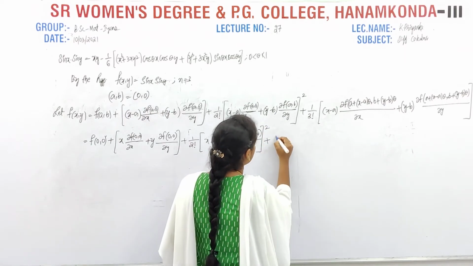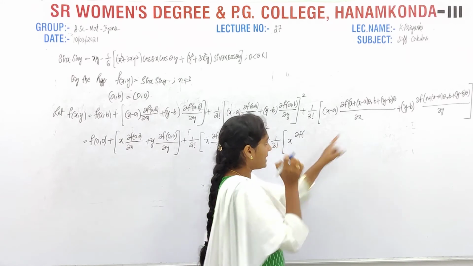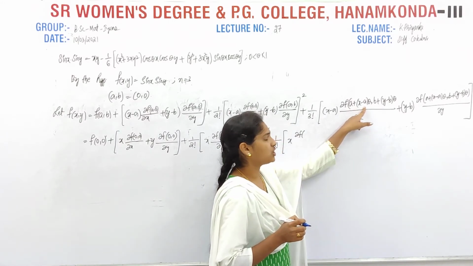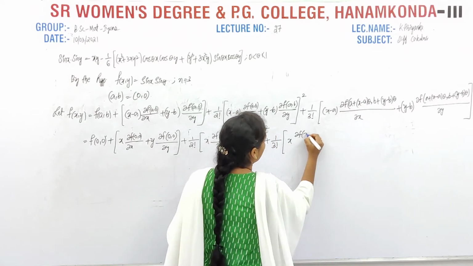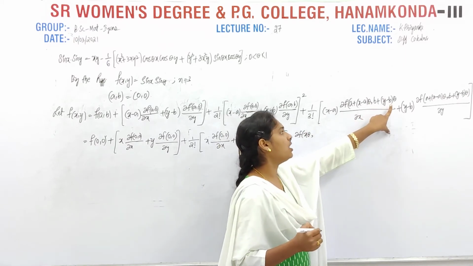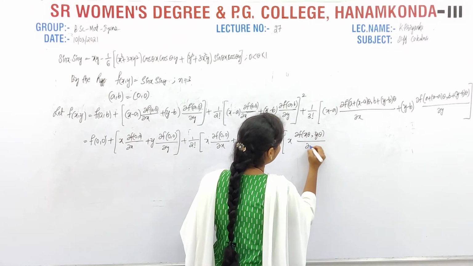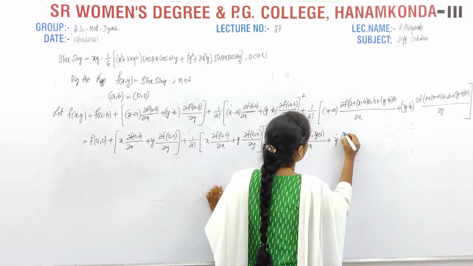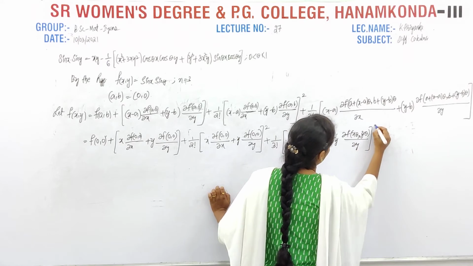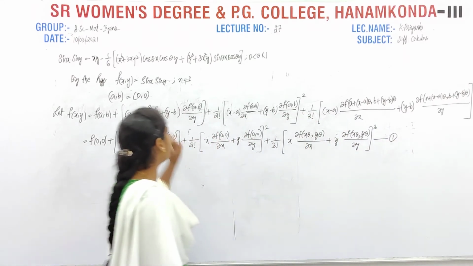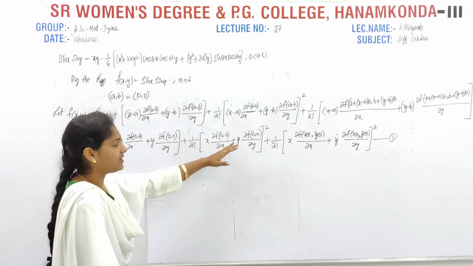The next plus 1 by 3 factorial of x into dou f. Here what we get: a is 0, 0 plus (x minus 0). x minus 0 is nothing but x. a plus x theta, a is nothing but 0, so here x theta comma b is 0. Again here also b is 0, so what we get is y theta by dou x plus y into dou f of x theta comma y theta by dou y, whole cube. And this is equation number 1. No need to consider all this because we have to substitute the required values like a and b and so on. So finally we have this equation.